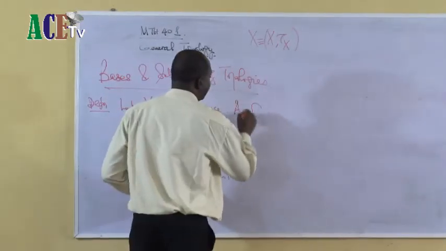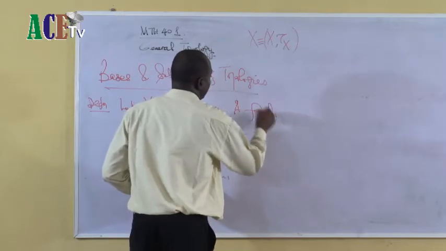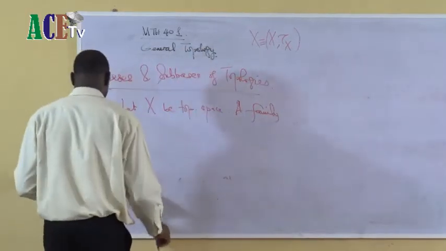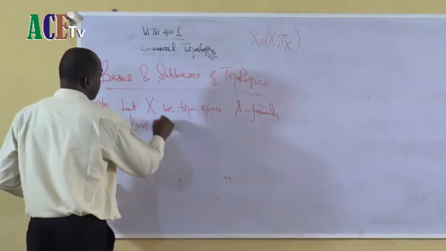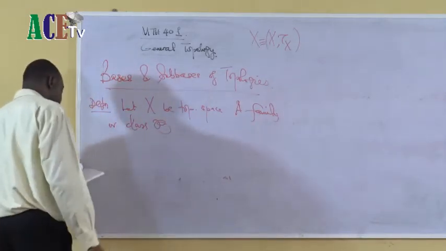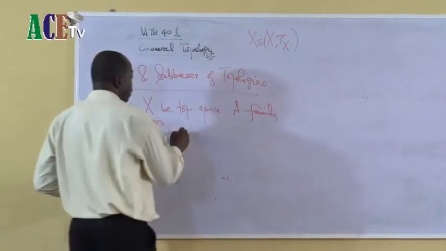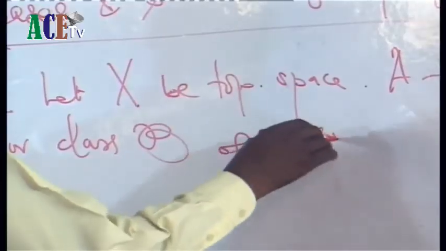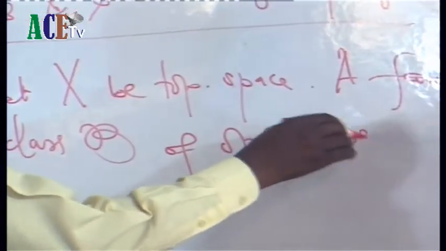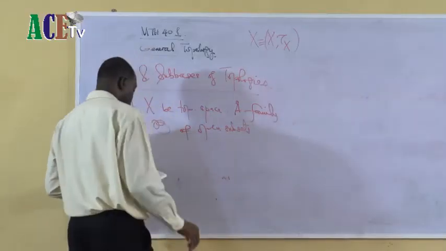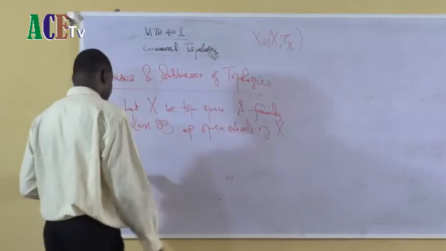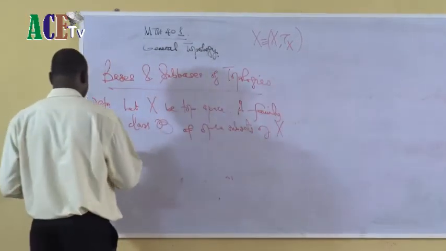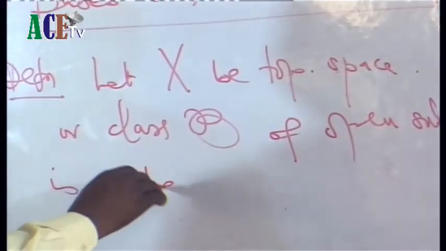A family or class, which I denote with curly B, of open subsets of X is a base